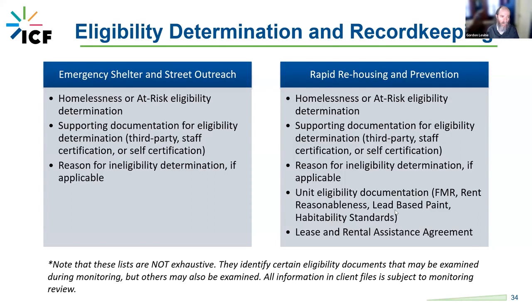You'll be looking for supporting documentation for eligibility determination, and that's the order of priority we talked about before: third-party certification, self-certification, or staff certification, self-certification, and in the event the participant was found ineligible, the reason for ineligibility, if it's applicable. And again,